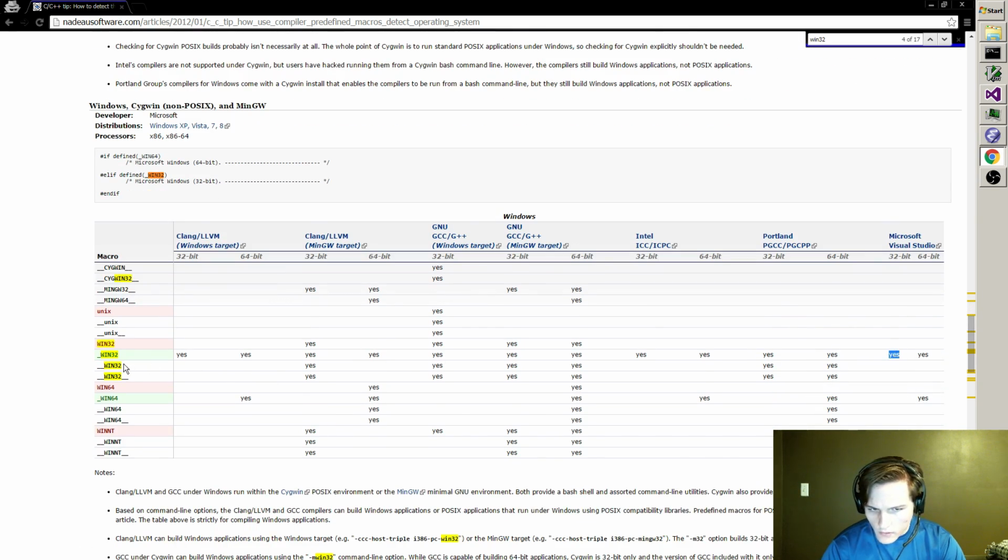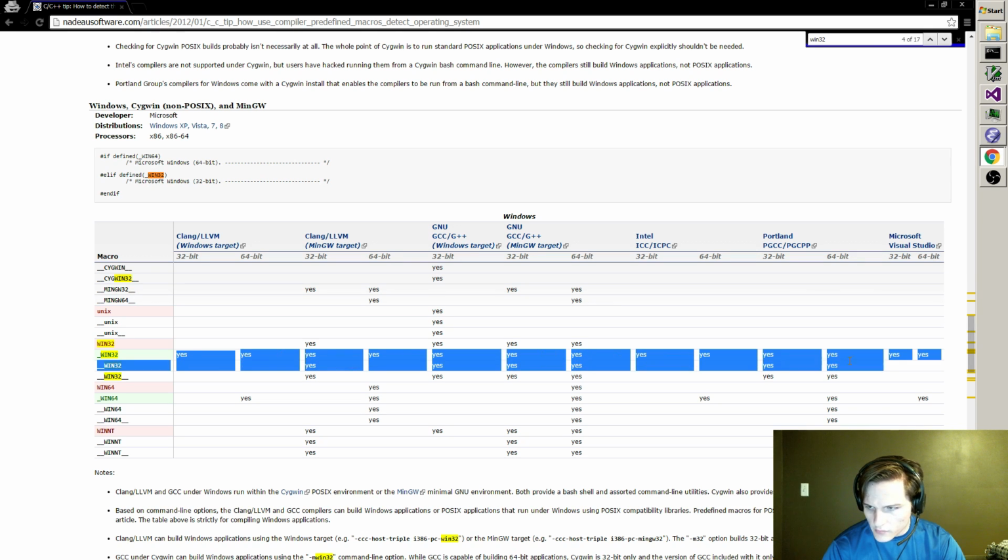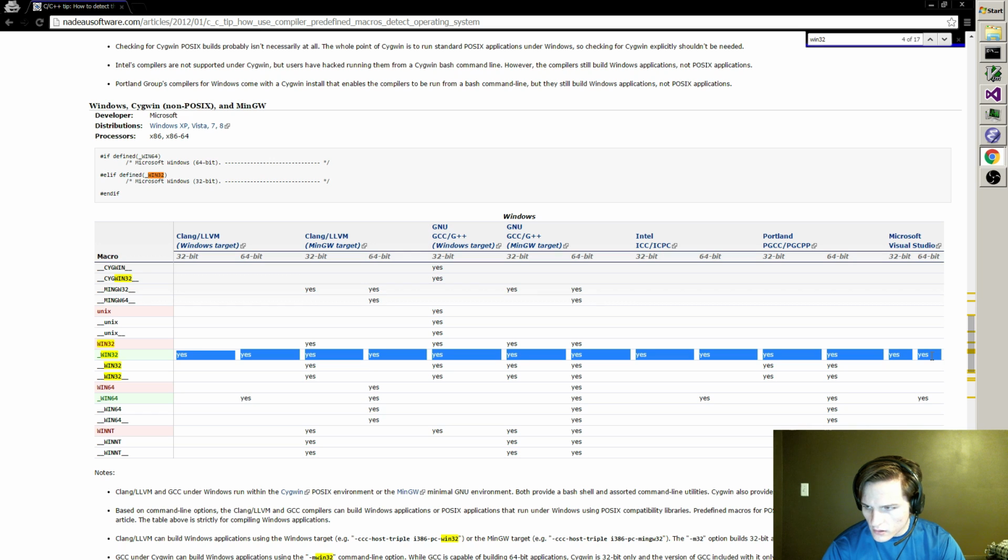Alright, so Win32, it looks like a pretty good option for checking for the Win32. So that's the one I will use.